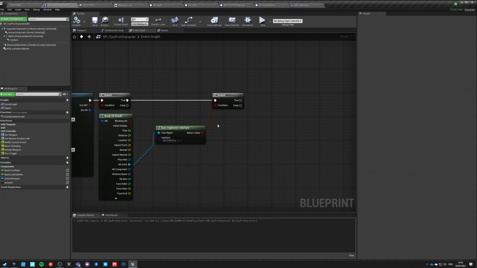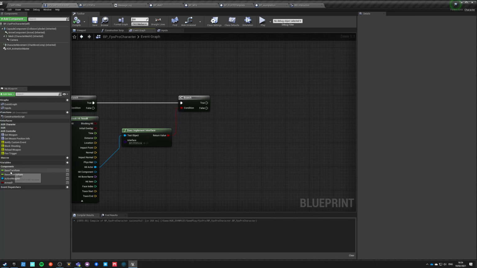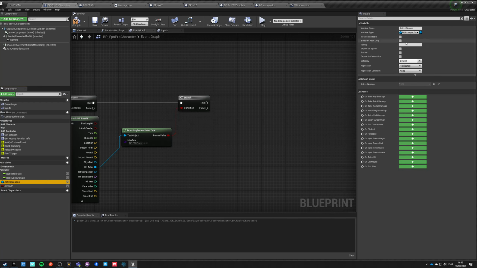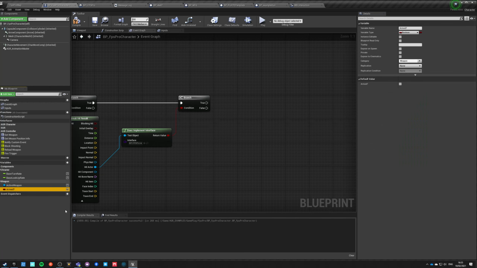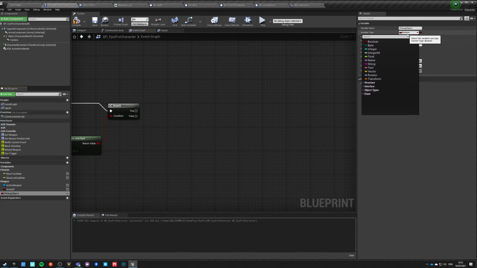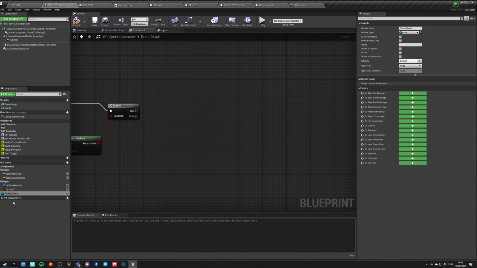So if we have some object in range, right? Oh, and let's just make this character. So this is character, this is weapon variable, and now we'll make a new variable which will be called focus object or pickup object, which will be just an actor, any actor of any class.